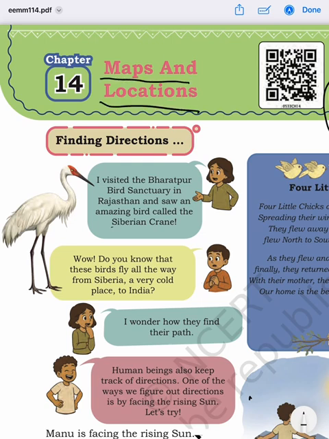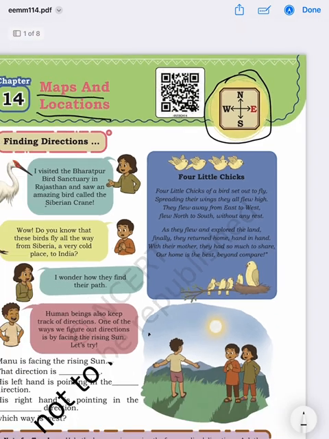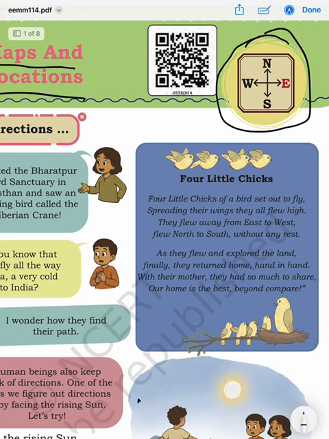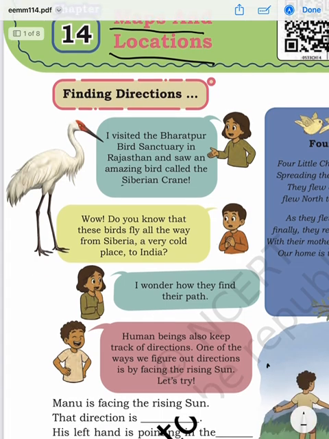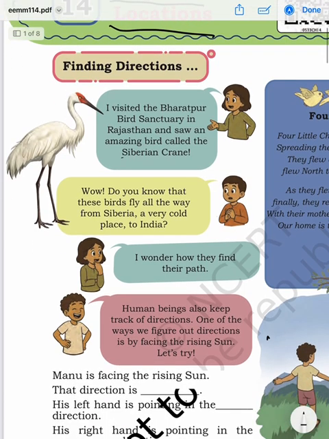So dear student, in this chapter we will learn how to read a map, and to read a map there are two important things that are mentioned on all maps. First is the direction, and the other one is scale. What is the scale? The distance given on the map is what the actual distance is on earth or in the area. Here we will see how direction is useful to read the map to find locations. Starting with finding direction, some children are talking to each other about the Bharatpur bird sanctuary